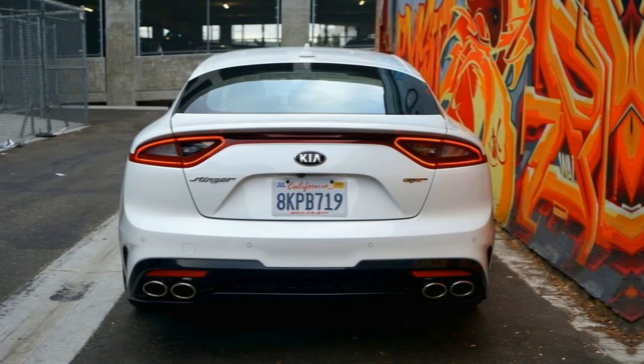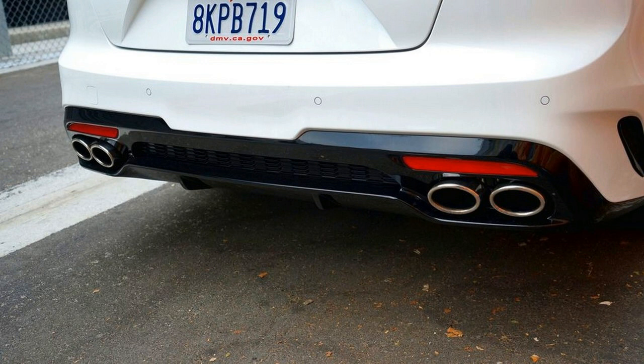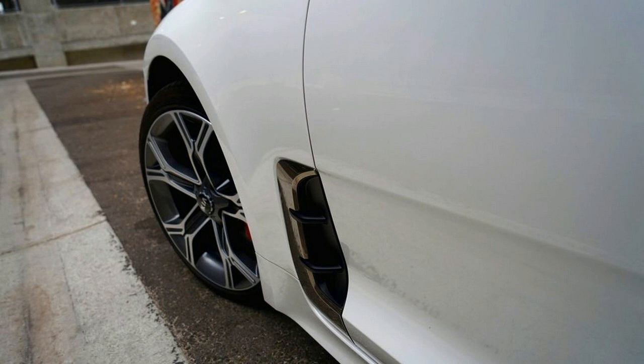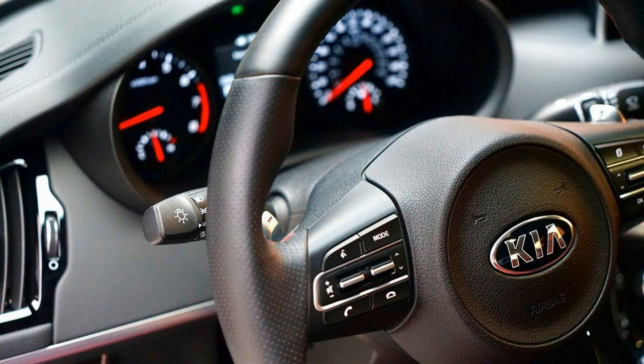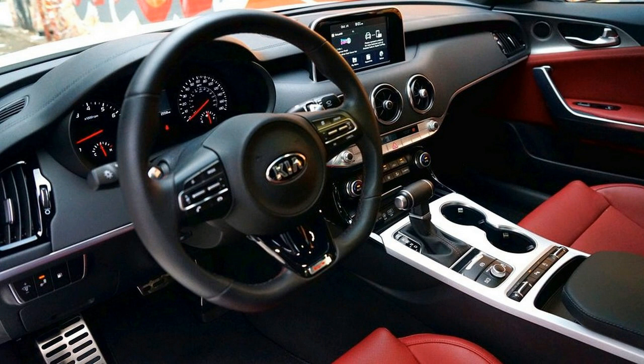To make the Stuttgart-baiting considerably more outright, the Stinger now has a variant badged GTS. In the Porsche world, GTS means a model with elite and low finery, speed with prestige. Kia applies a similar idea to the Stinger GTS, which offers a rear-biased all-wheel drive system that features a drift mode, just as in the BMW M5 and the Mercedes-AMG E63 S. Unlike those six-figure German super sedans, however, Kia's GTS begins at just